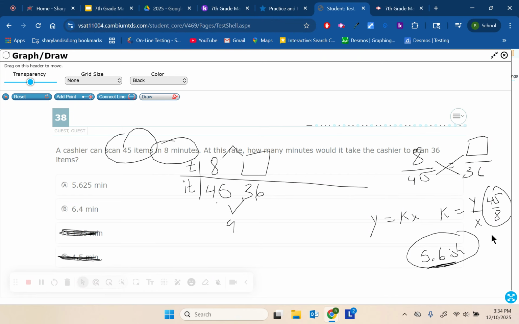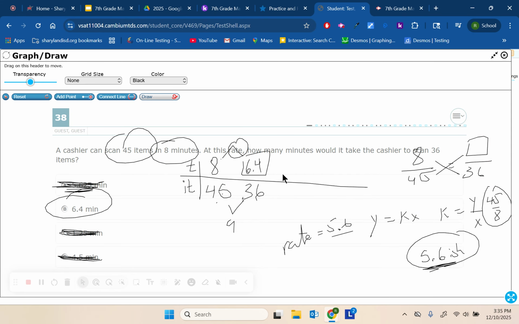And since I know this is going to be a rate problem, that this number is this divided by that, which means that's not my answer. It has to be that. This has to be 6.4. Because that's the proportion that we're doing. That's the rate that's happening here. My rate is, this is my rate. So my rate is 5.6, this number. So it's like what times 5.6 goes into 30 is 36,